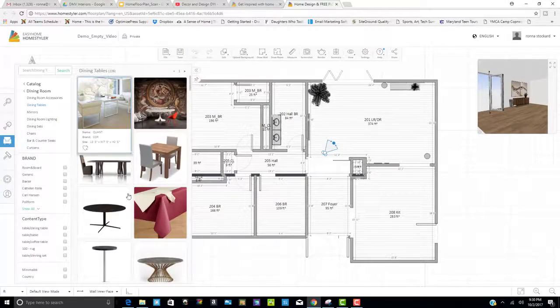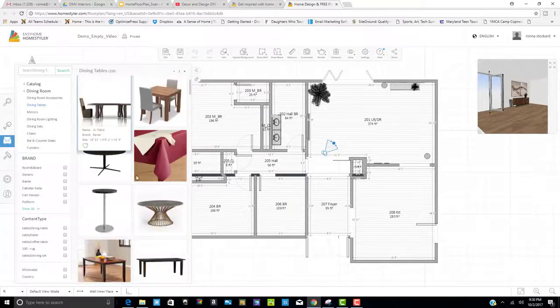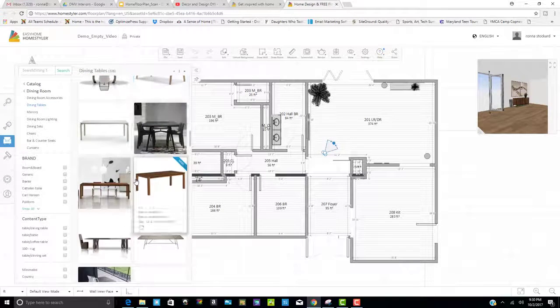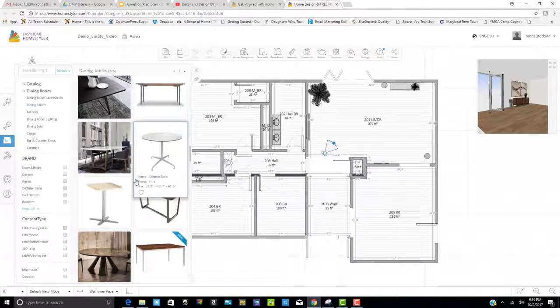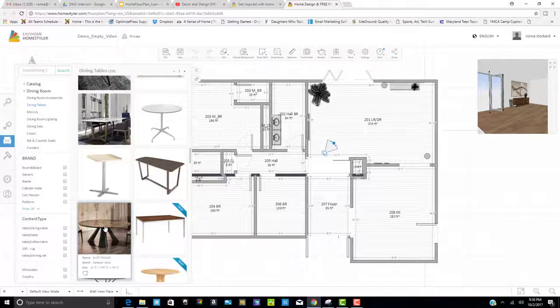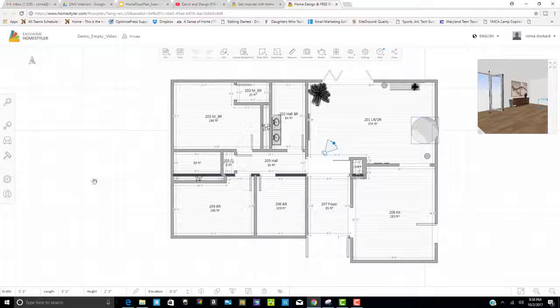The good thing that I like about this setup is that you can just use your mouse to scroll through, get a look and feel for some of the different designs that you might be interested in. And for today's tutorial, I'm going to click on the Elliott Round. And as you can see, it's kind of following me around here. And what I'm going to do is select it. I'm going to hold it and then move it over to the dining area where I want it to be